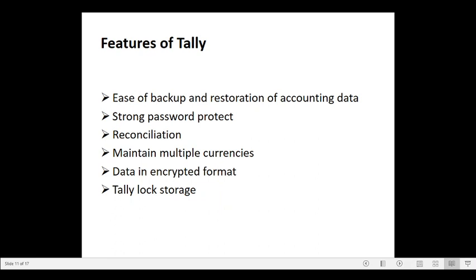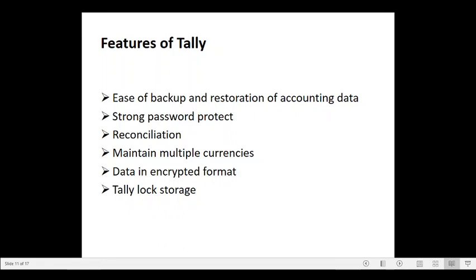Let's move on to the other features of Tally. It has ease of backup and restoration of accounting data, and it is very simple in Tally. This is because nearly 1,000 accounting entries can be backed up in less than 25 MB of space. So, it is characterized by ease of backup and restoration of accounting data.